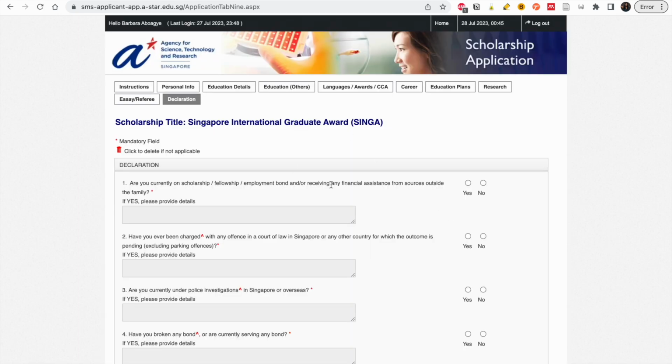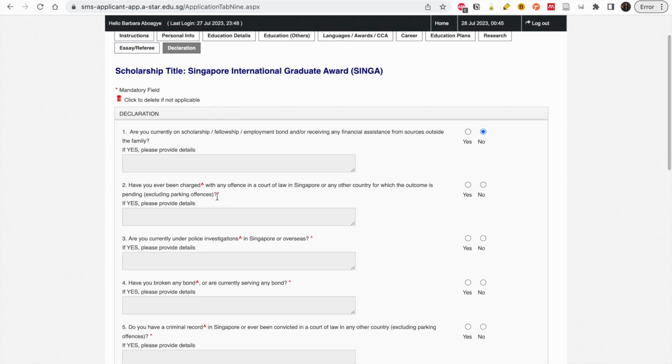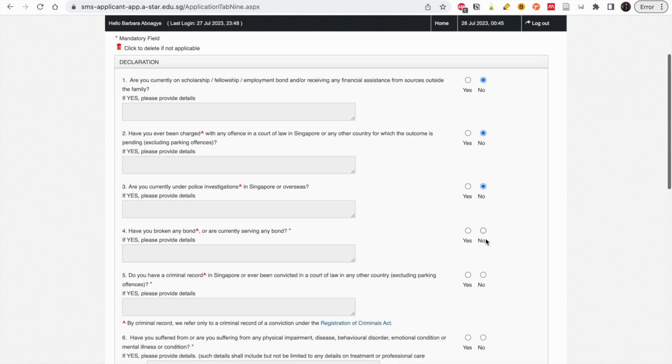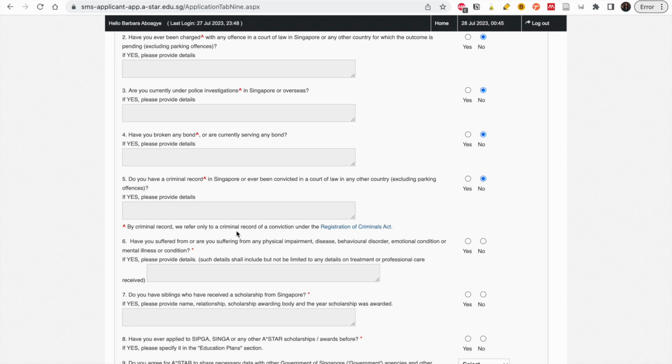So this is the last part. Are you currently on a scholarship, fellowship or employment board, receiving any financial assistance from sources outside the family? No. If you are, you choose yes and you provide the details. Have you ever been charged with any offense in a court of law? No. Are you currently under police investigation? No. Have you broken any bond? No. Do you have a criminal record? No. By criminal record, we refer to only criminal. So no. Have you suffered from or are you suffering from physical impairment, disease, emotional